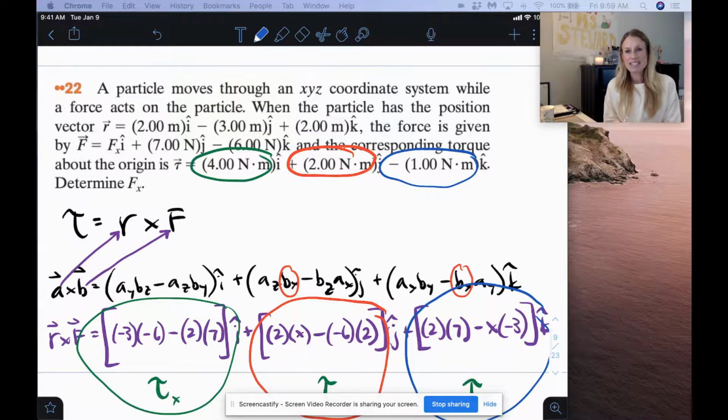Cross product is a little bit more complicated than dot product is. Remember, dot product is at a maximum when the two vectors are parallel to one another. So you get, i hat times i hat is 1, and j hat times j hat is 1, and k hat times k hat is 1, but everything else is 0. Here it's the opposite, that i hat times i hat is 0, k hat times k hat is 0, j hat times j hat is 0. So everything else is in